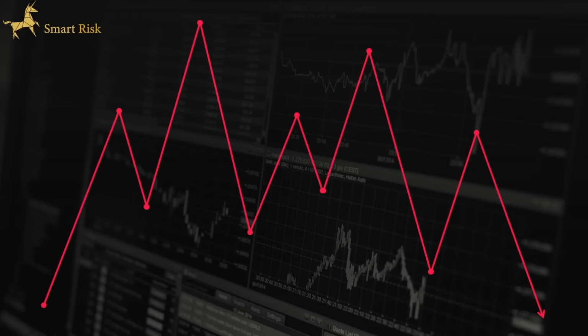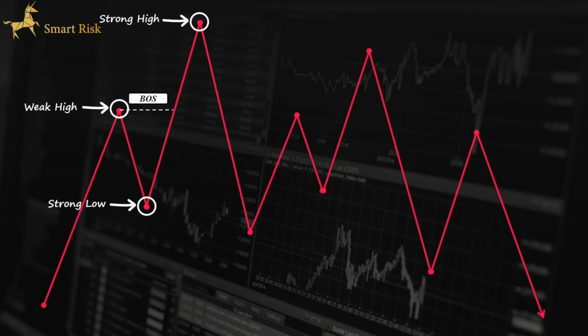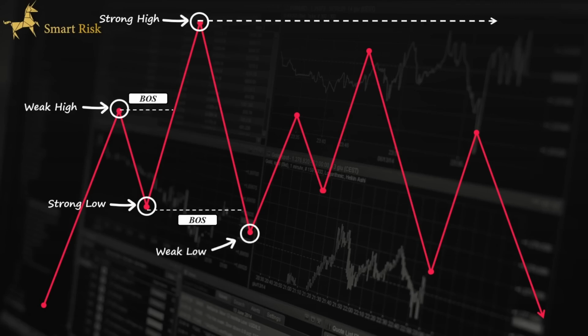Starting from the left, we have a strong low here because, as you can see, the price broke above this weak high and created a bullish break of structure to the upside. This high is a strong structural point because it broke below the last strong low, so it should be considered a strong high. Moving to the next, this low is weak because the price couldn't break the last strong high